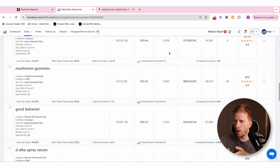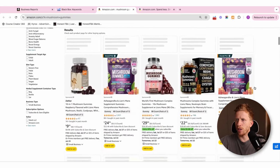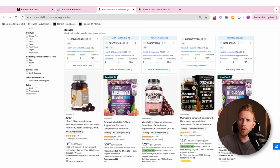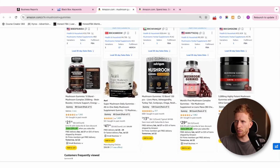Let's have a look. So a lot of these niches are very, very competitive now because they're becoming very, very hot. There's a lot of people looking at them. There's a lot of people entering the niche. What happens when you get a niche that's getting more and more popular is that everybody rushes to sell it, and then the advertising cost goes up, and it becomes very difficult. But I just encourage everybody to look at what's happening in these niches, because really all product research is finding demand